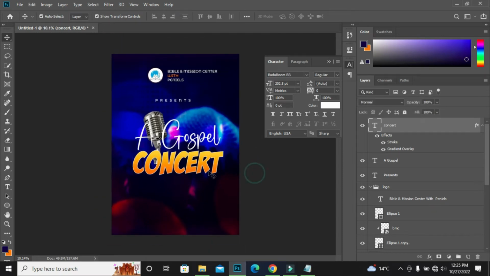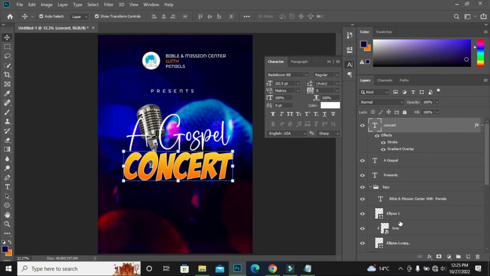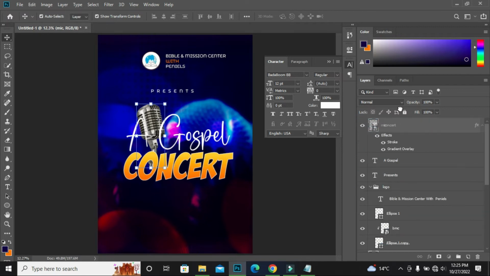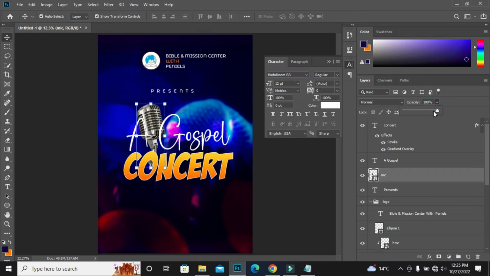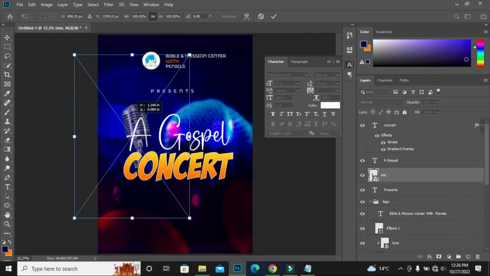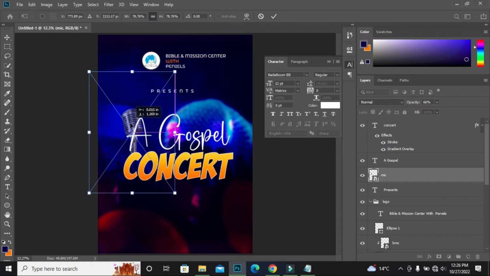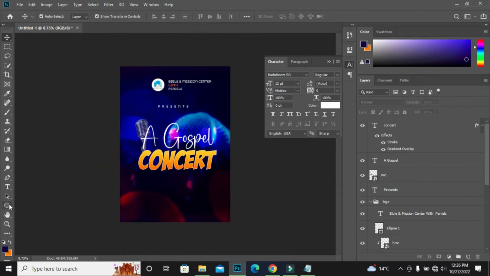After I am done with this, I have to bring the mic here so that it can be part of the middle text, something like this. So I have to reduce the opacity of the mic a little bit so that it can be part of the text in the background like this. So it has to be here. You have to transform it because it's actually too big, something like this. I'll make it a little bit okay,